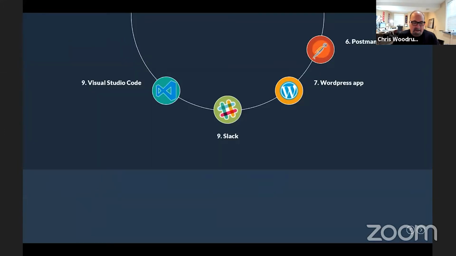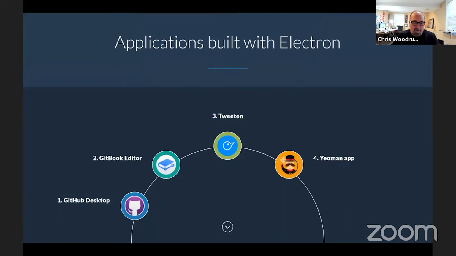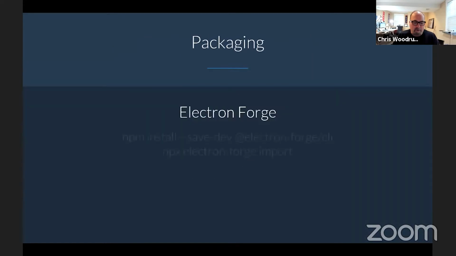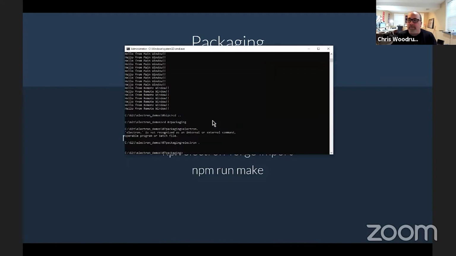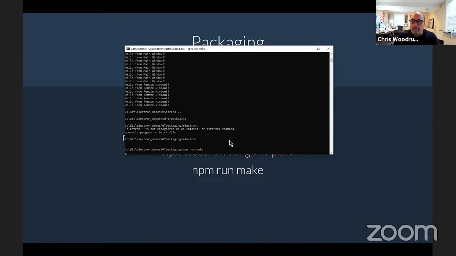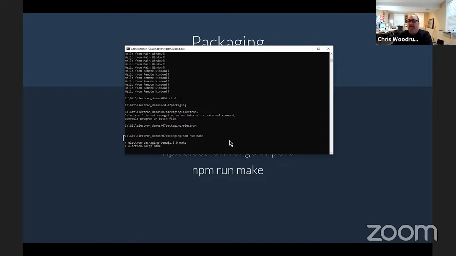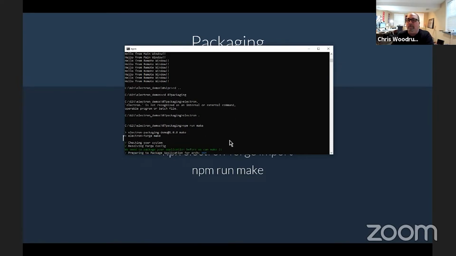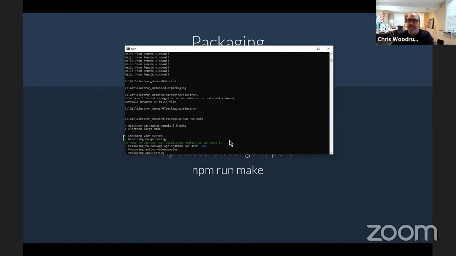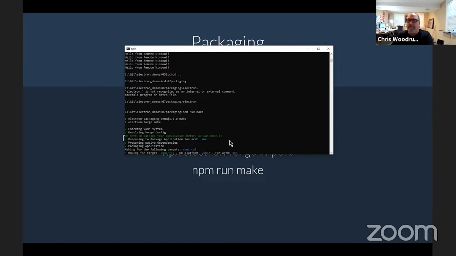And like I said, if we go back and show how we can do this, it's just as easy as npm run make. So let me go back to my thing, and I'm going to do an npm run make. And what this is doing, it fires off the Electron Forge. It checks your system to see what the operating system is.